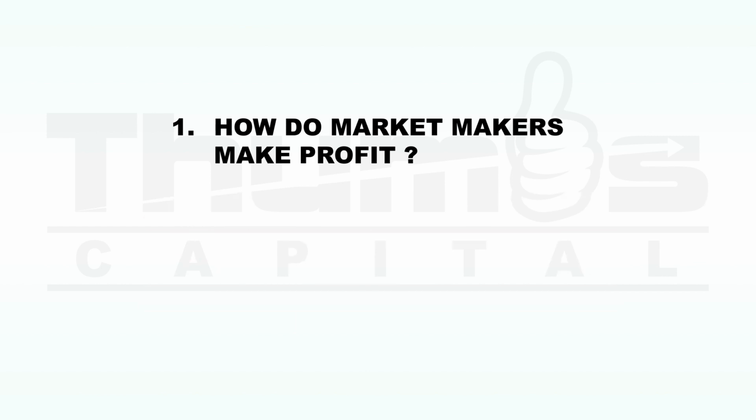Back to the questions. The market makers make profit through spread and commissions. I believe most of us know what spread is. For those who don't, spread is the difference between bid price and ask price. It is why every trade we open starts in drawdown, meaning our sell trades are opened at a price slightly lower than the current market price when the trade was initiated, and our buy trades are opened at a price higher than the current market price when we open the trade.